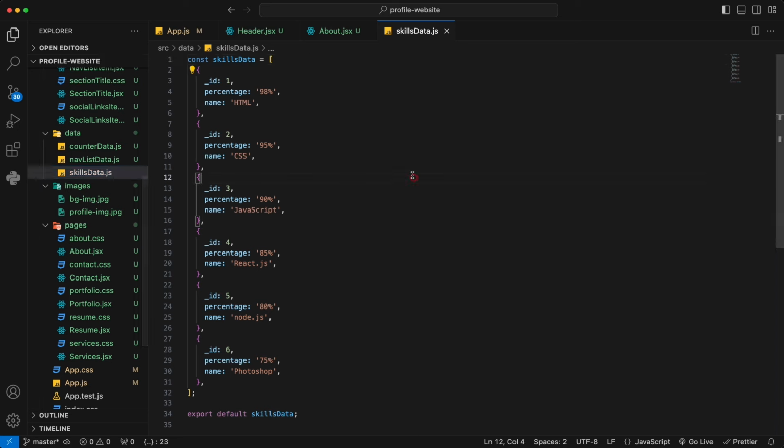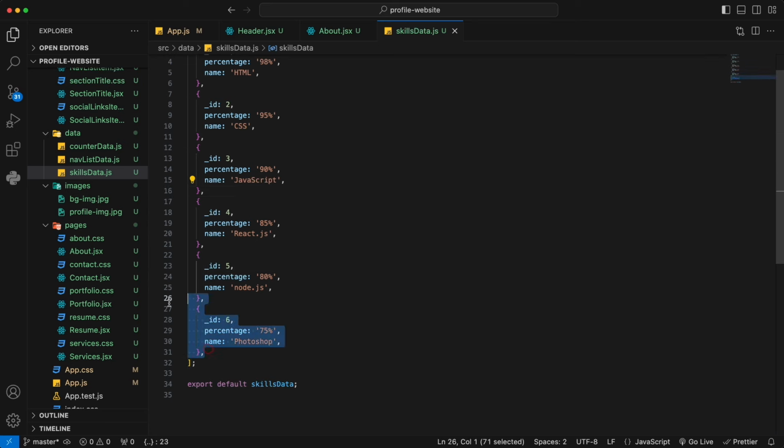In the data folder, we have a skill here. As you can see, for each skill, we'll have a name for it. We'll have a percentage because we're using the progressive percentage bar. And we'll give the ID for us to uniquely identify each skill. And you can adjust this data based on your personal skills because everyone's is different. And you could add more objects in it if you have more skills. Say for example, you got 10 skills that you want to put onto your resume, you could just extend this